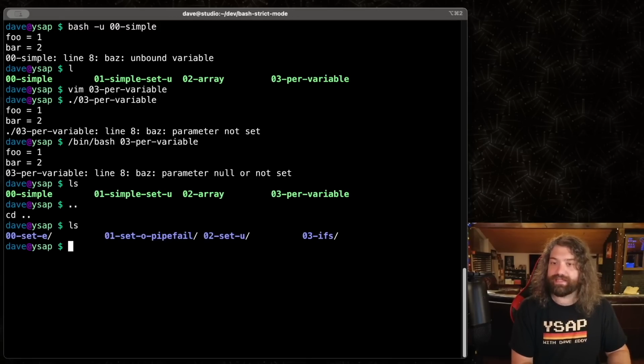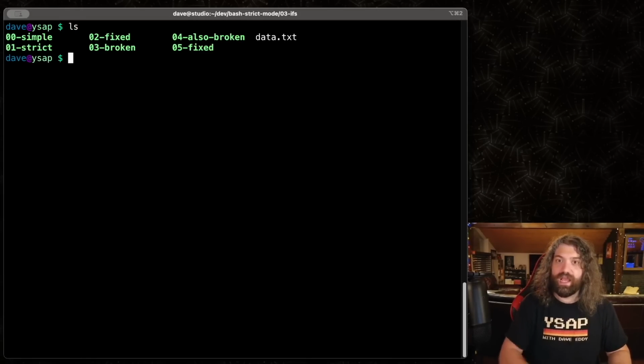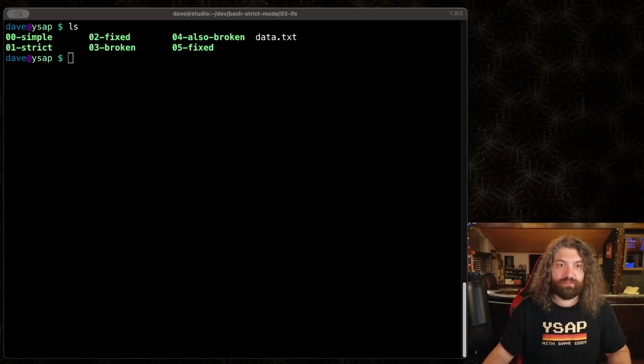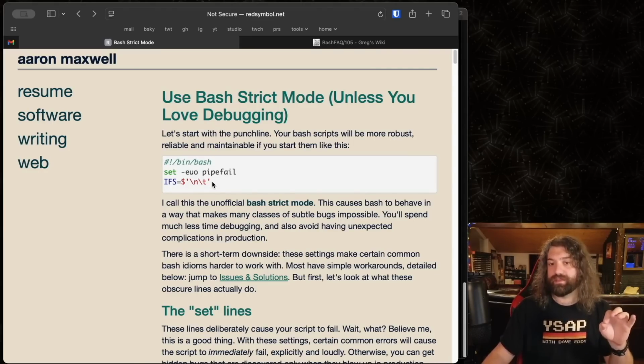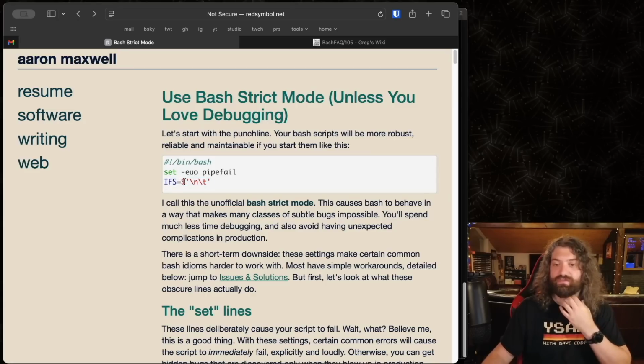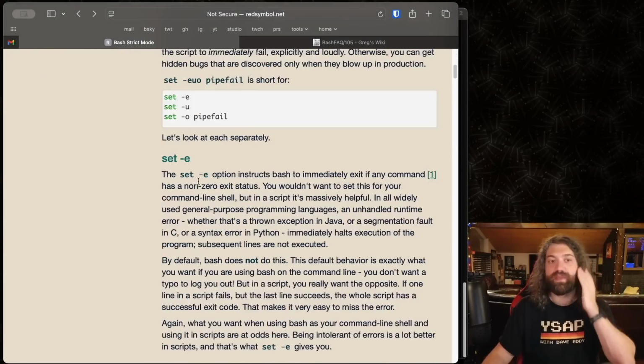All right, so we got the last thing here, the IFS line. And like I said, this one was a little bit new to me. This was surprising because I had never really seen or encountered this. They are manually setting IFS, the internal field separator, to a new line and a tab. By default in Bash, the IFS is set to space, new line, tab, all three of those characters, and there's special meaning about how words are expanded based on this.